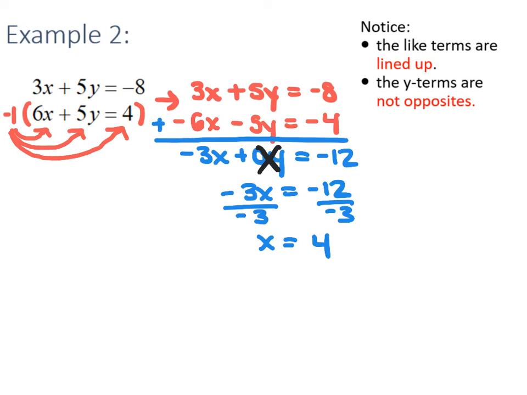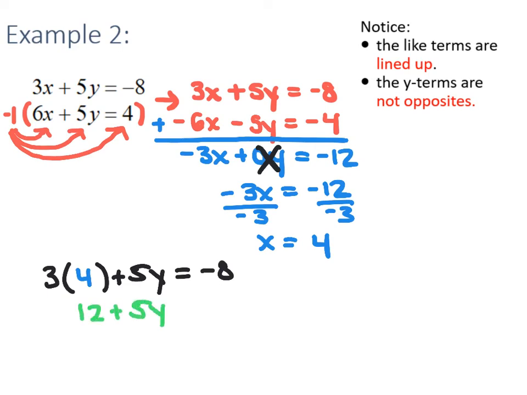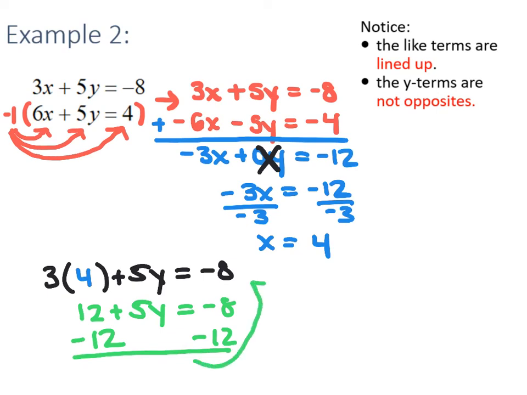So for example, my first equation was 3x, so it's going to be 3 times 4 plus 5y equals -8. 3 times 4 gives us 12 plus 5y equals -8. Subtract 12 from both sides to get 5y equals -20, and divide both sides by 5 to get y equals